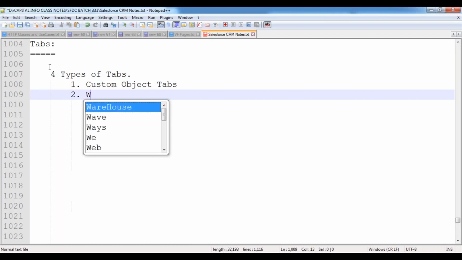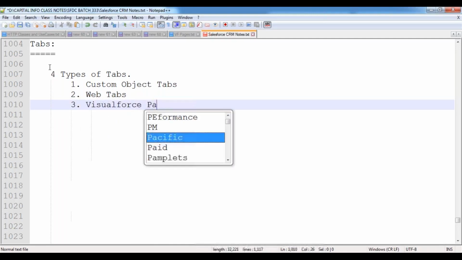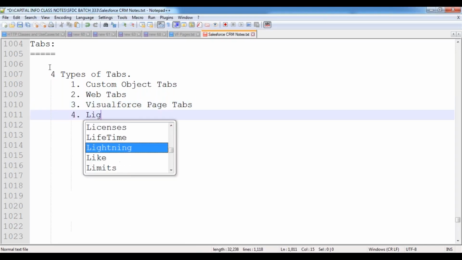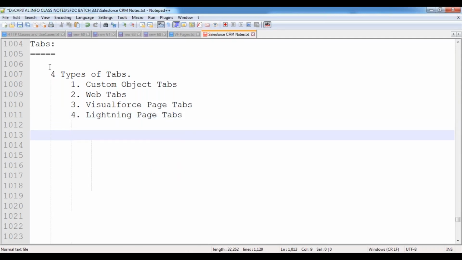Second one is web tabs. Third one is Visualforce page tabs. Fourth one is Lightning page tabs. These are the 4 types of tabs available in Salesforce.